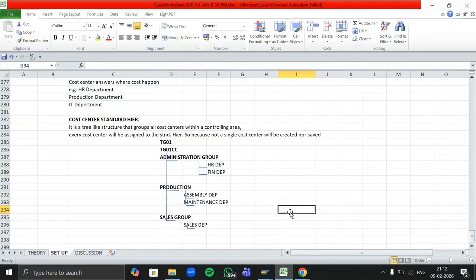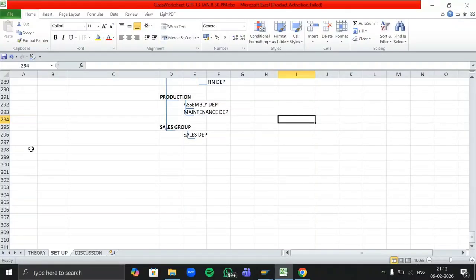We have to once again define number ranges, but this time we have to define them for the controlling area. Same way we have to do. Now, for what purpose are we defining number ranges for the controlling area? If you think for the FI module, whenever entries get generated, the system will give a unique document number to it. But what is the purpose to assign number ranges to the controlling area?